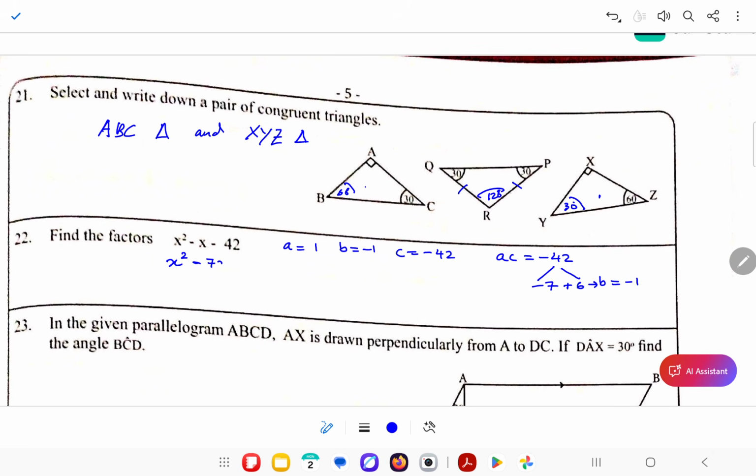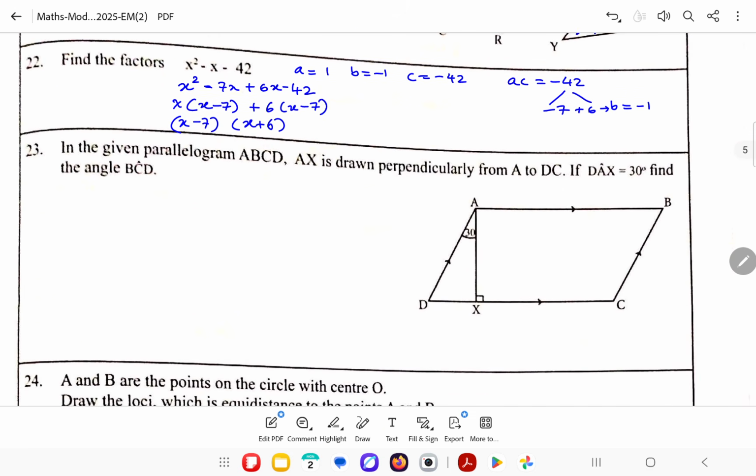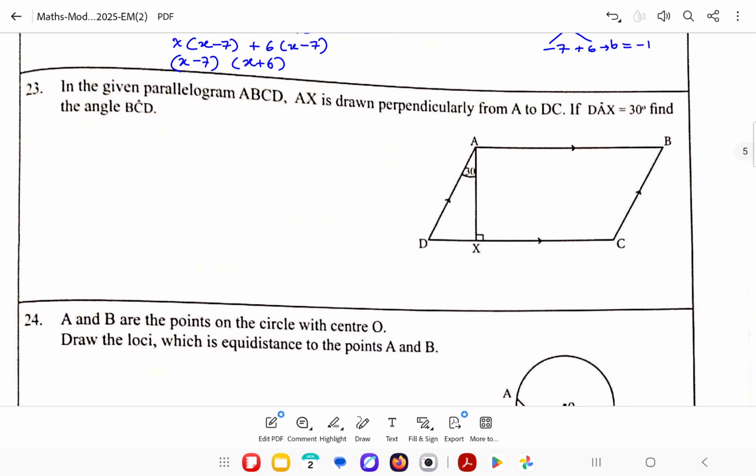X squared minus 7x plus 6x minus 42. Group the first two terms and factor them. X you can take out, x minus 7. From the last two terms take 6 out, so you have x minus 7. Now take x minus 7 out. So this is the factored form, x minus 7 into x plus 6. Right. Question number